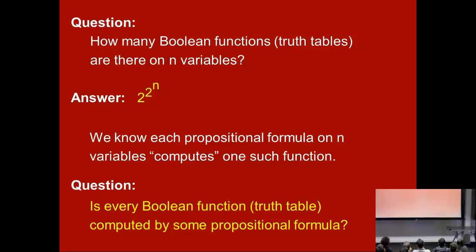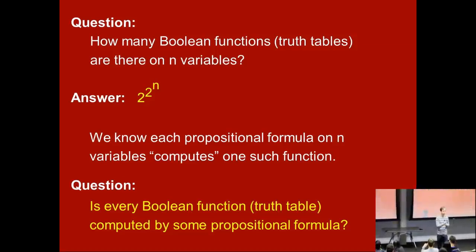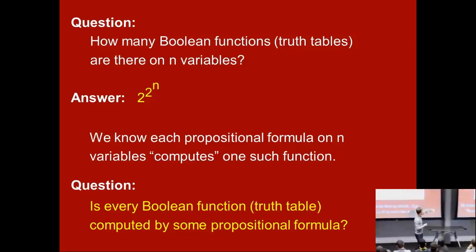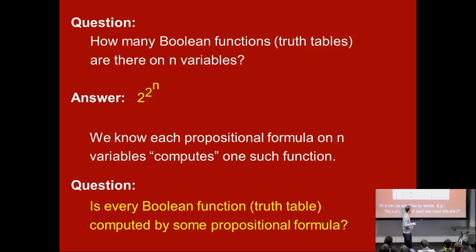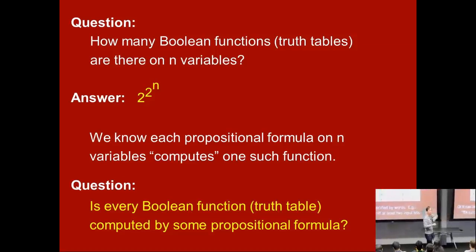Why is that? Because you could also represent the function as a bit string of length 2 to the n. Yeah, I see what you're saying. So the truth table itself has 2 to the n rows if there are n variables. And so really this column, as was suggested, is itself a string of length 2 to the n. So in other words, there are 2 choices for each of its bits. So it's 2 to the 2 to the n.